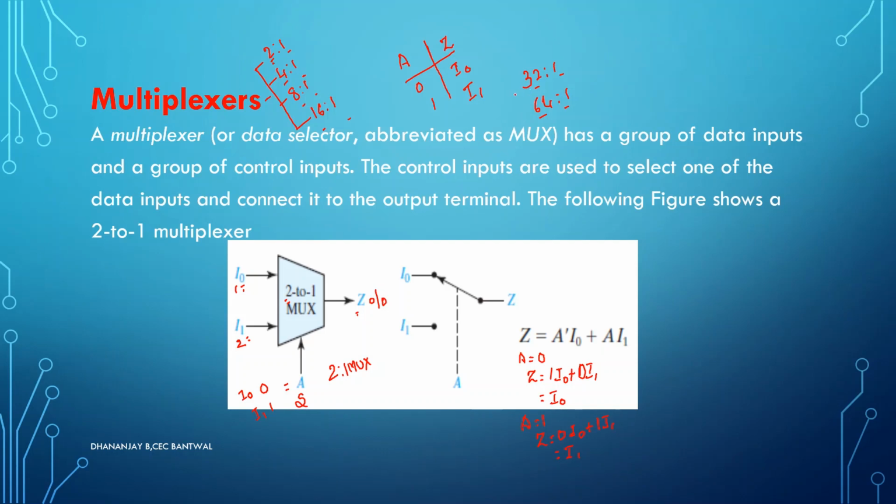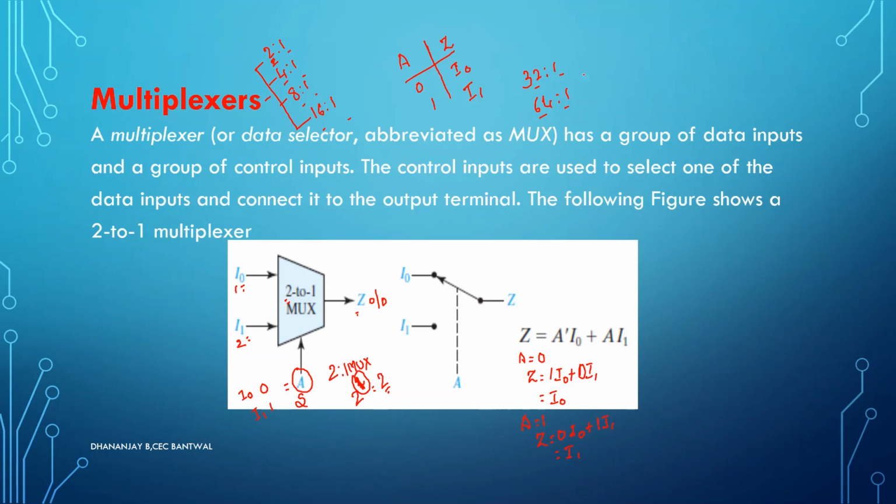The next question I should ask myself is, sir, how are we going to select the selector inputs? How many selector inputs are needed for the multiplexer? The number of selector inputs for a multiplexer depends on the data inputs. Suppose it is a 2:1 multiplexer, how many selector inputs do you have? 1. How did you get 1? 2 to the power how much is 2? 2 to the power 1 is 2, which means that if there are 2 data inputs, you need 1 selector input.